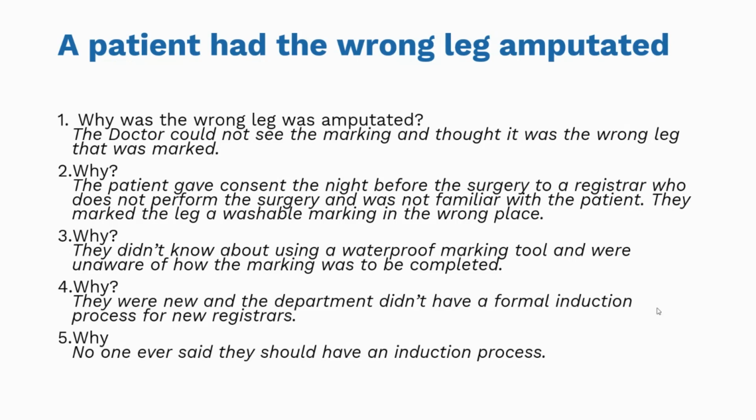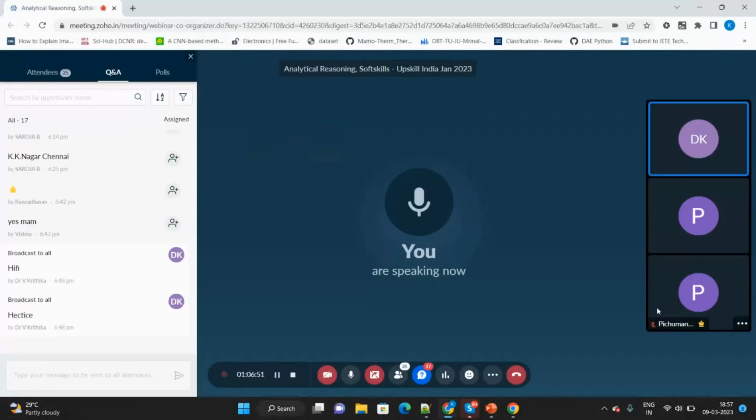This is one reason why organizations spend a lot on the learning needs of their people. Because when people know what to do, when people have learned what is the right thing and what is not, then the scope for mistakes is very, very less. Okay, so this is how you can solve a problem. Is this clear? Was this explanation clear to you? Anyone? Any doubts? Kanadasan, Saroja, any doubts?